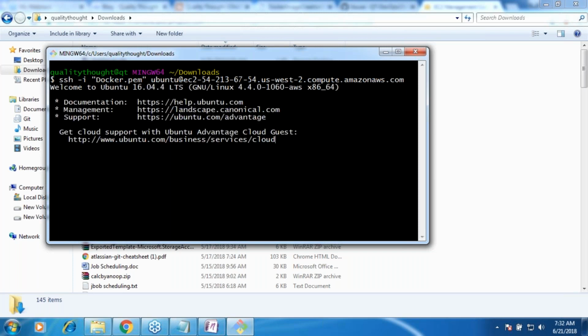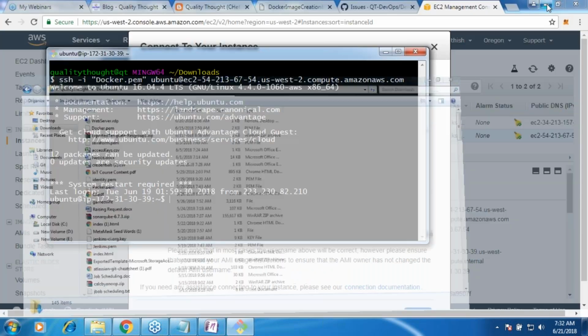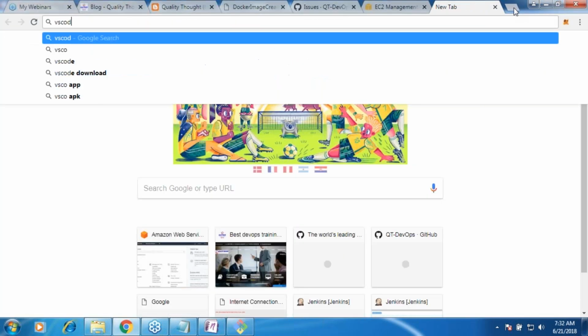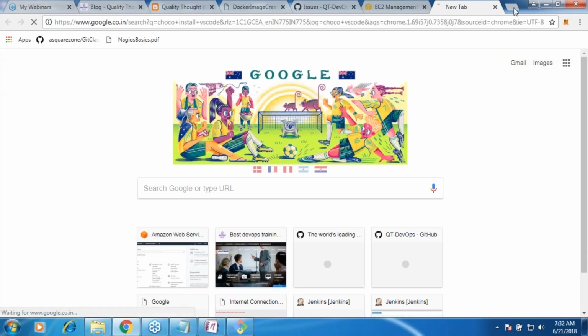Okay. For writing Docker images, you can basically use a text editor, VI, and all of that. But if you are writing a lot of images and you have a kind of complicated work environment, then you can install something called Visual Studio Code. Just Google for VS Code. Since it is Windows, I'll be doing this: choco install